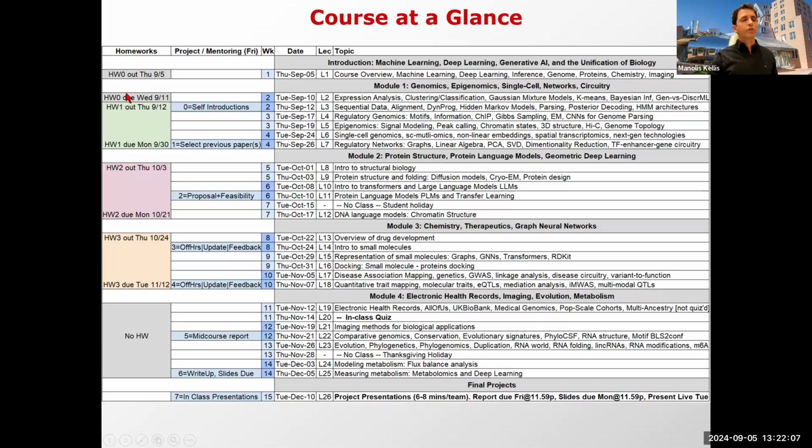Now, notice there's a homework 0, and I messaged you about that in our announcement earlier today. Homework 0 is just to make sure that you know how to use all of the tools that we're going to be using. So Jupyter Notebooks, PyTorch, basically BioPython, Colab, and just the basic foundation tools that we're going to be needing for the rest of the PSET.